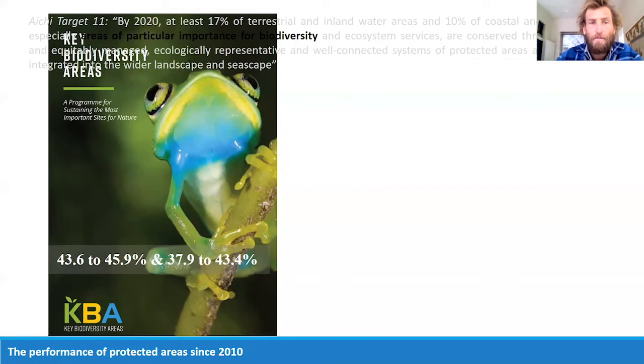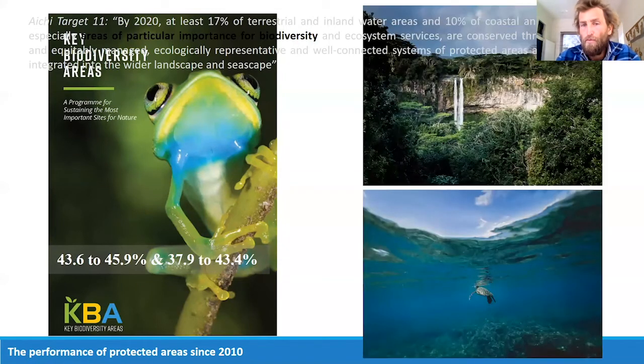In terms of other areas that are important for biodiversity, we chose to look at wilderness areas, both terrestrial and marine. Again, driven by a lot of work from our CBCS, we now know wilderness areas are these ecologically intact land and seascapes. They're free of human physical disturbance. A lot of them underpin planetary life support systems, and they're quite critical for long-term persistence of wide-ranging species, and species that are threatened by climate change.